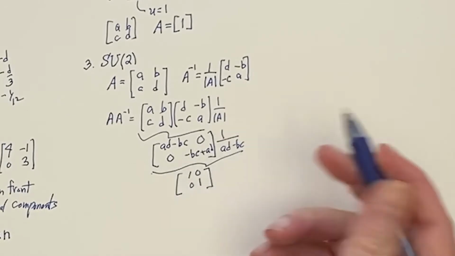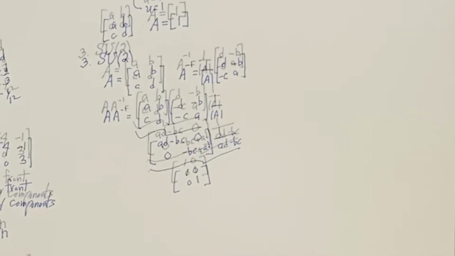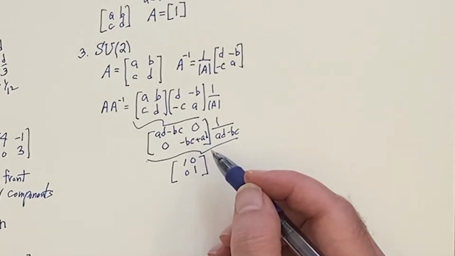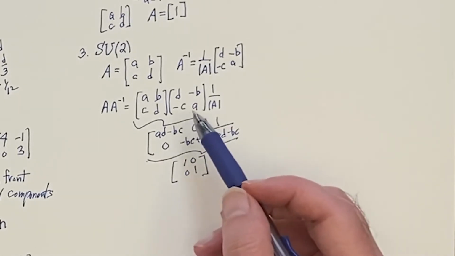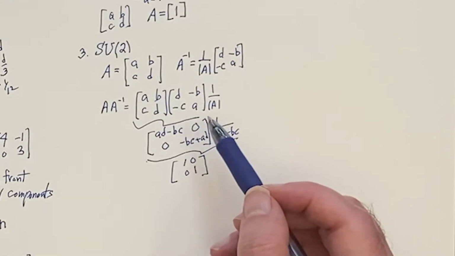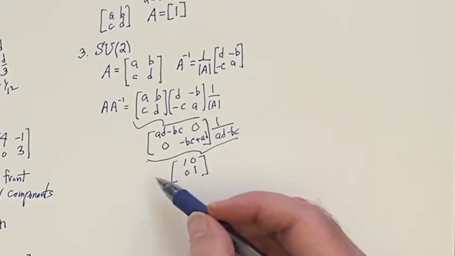So now I have proven how to get the inverse for a 2 by 2. Okay, so we're doing pure mathematics here, which is amazing that this has application with physics. But these are just definitions using group theory and matrices. So now what we would like to do is put some conditions on our